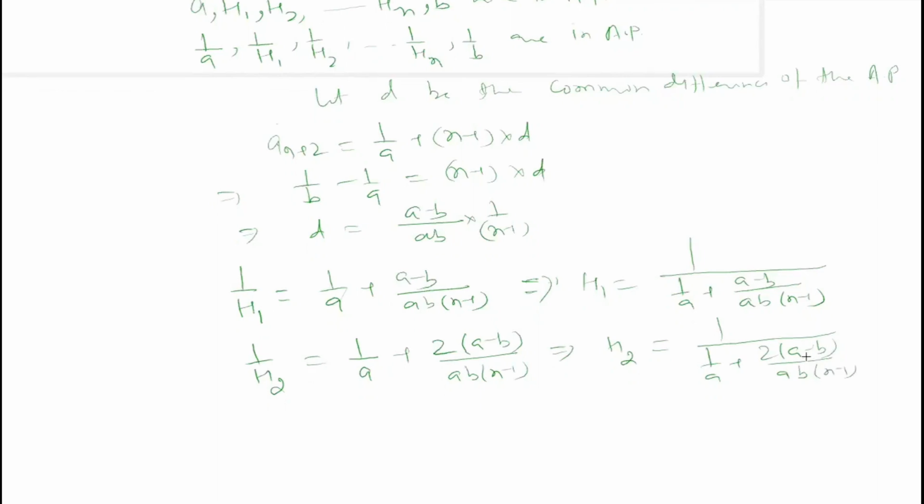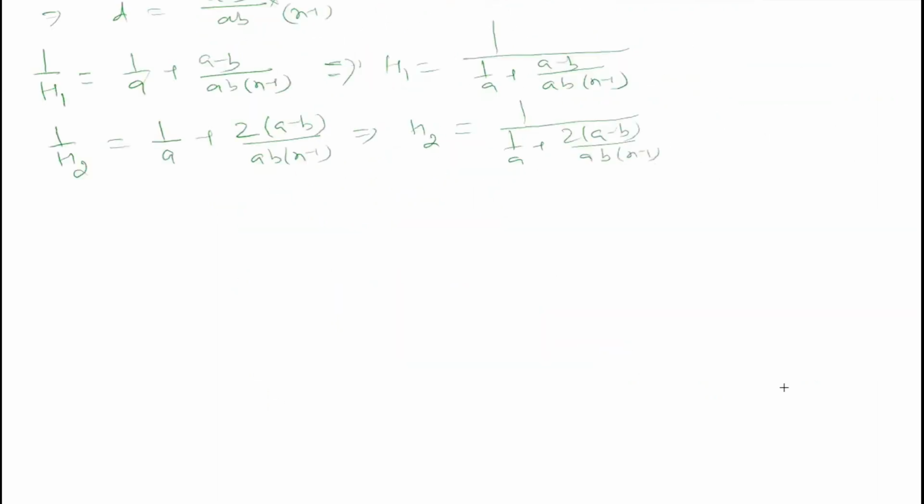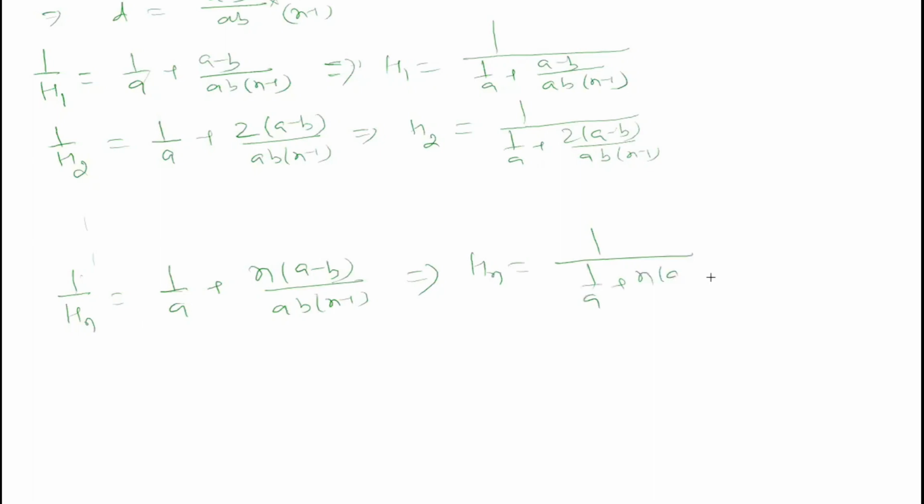In the same manner, if I keep going, I can say my 1 by Hn is going to be equal to 1 by A plus n times A minus B upon AB into n minus 1, or Hn could be 1 upon 1 by A plus n into A minus B upon AB into n minus 1, which is something which you cannot